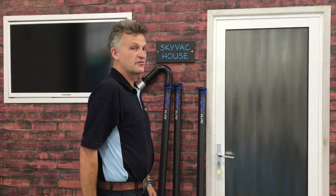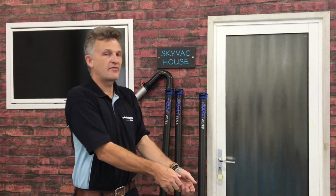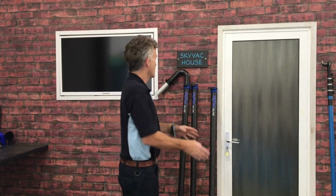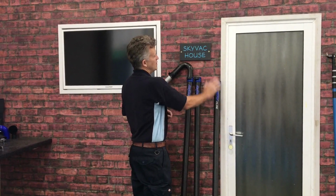So here's another top tip for you. Rather than get your poles and lay them across the ground and put them together, you've then got the issue where you've got the strain of lifting them up. You're putting a bit of strain on the poles and a little bit of strain on yourself. I don't know about you, but I quite like an easy life. So what I do is I put my poles against the wall, I have my SkyVac logos pointed upwards, and